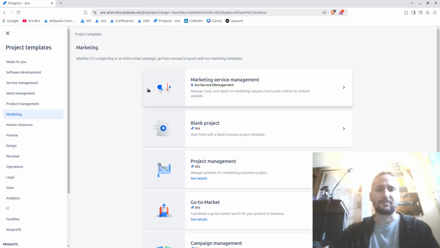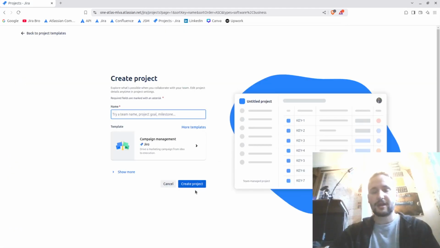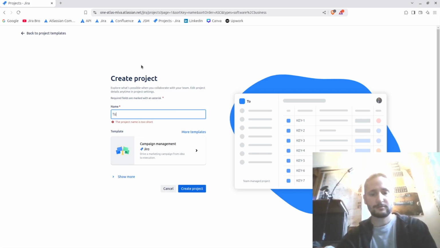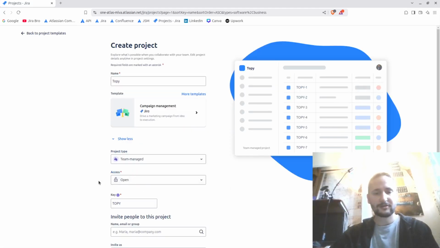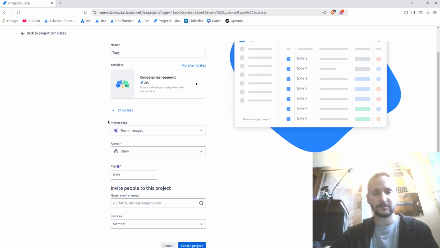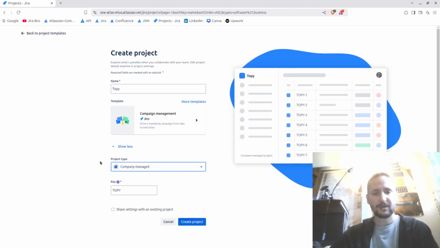So, as marketing specialists, let's say that we want to run a campaign here, and the campaign that we're going to be naming here is going to be, let's say, Topi. This is something that I just saw. All right, and I'm going to go here. I'm going to look for more, and most of the time what will happen in here is that you will have your